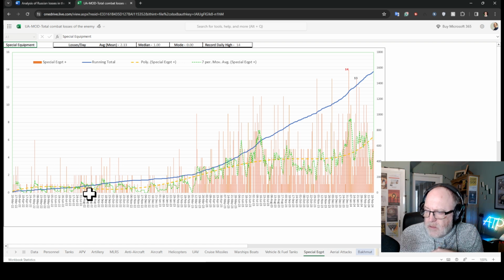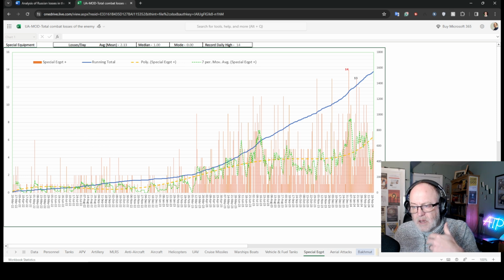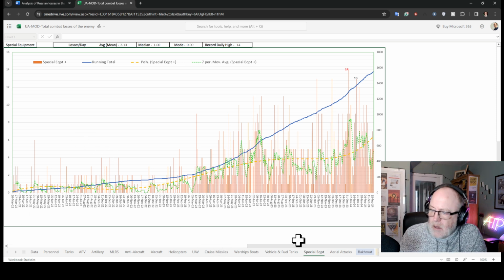So at the beginning of the war, the Russians weren't too interested in using that stuff. They didn't need to dig trenches. They didn't feel they needed to jam stuff so much and to get surveillance of Ukrainian positions because they were advancing, particularly at the beginning, so quickly into Ukraine. But anyway, that gives you an understanding there.